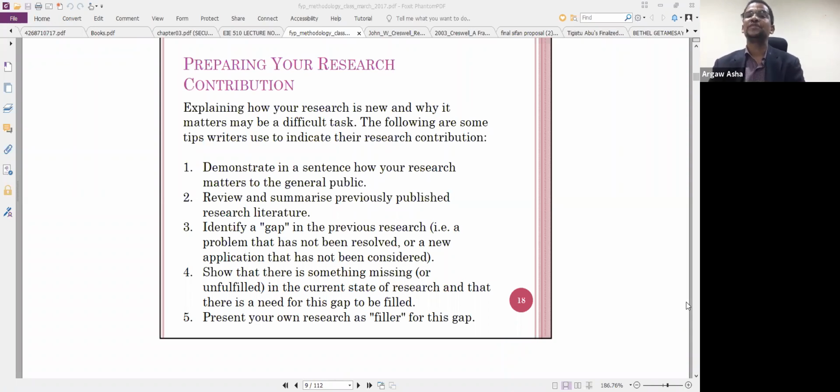The first one is to demonstrate in a sentence how your research matters to the general public. There are some public societies which are looking for your solutions, because last time, when the graduating classes,